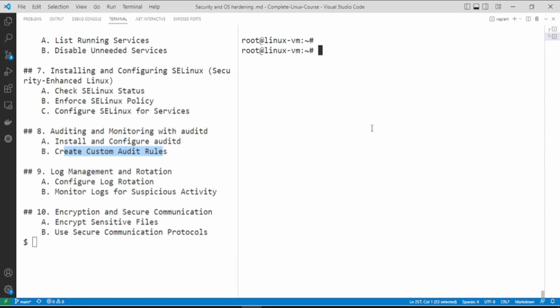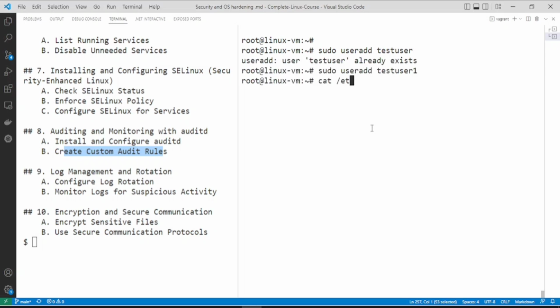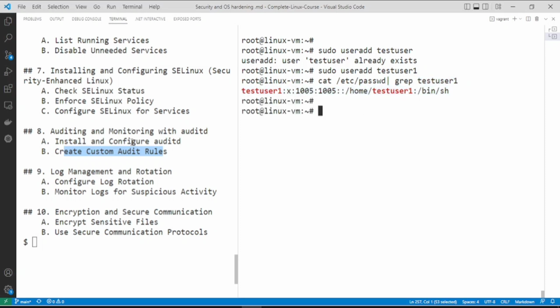Now let's suppose I add a new user using sudo useradd testuser1. This user will get added in the passwd file. This change will be tracked using auditd. So the changes that have been done in /etc/passwd can be monitored using auditd,